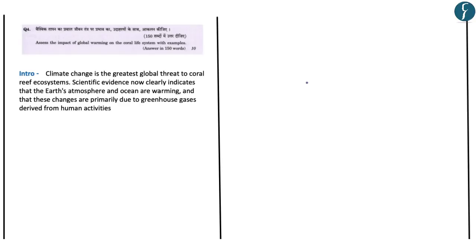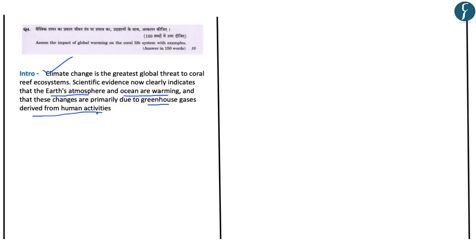So a sample introduction could have been that climate change is the greatest global threat to the coral reef systems. And scientific evidence now clearly indicates that Earth's atmosphere and ocean are warming, and that these changes are primarily due to greenhouse gases derived from human activities. So this establishes the relationship between human activity, which has led to global warming, and ultimately it is impacting the